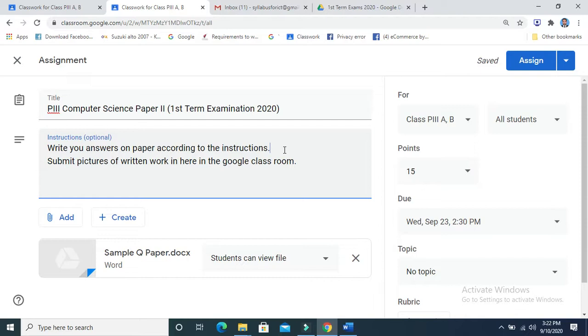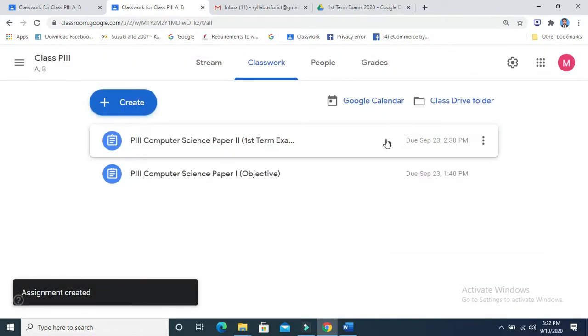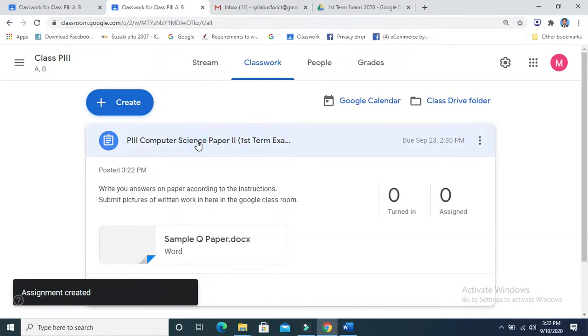Those who have already been doing these things in the form of assignments, the students are well aware about it, how to submit in the form of pictures. So in this way, when I click on the assign button, this will be posted for the students, and the students will be able to see it.